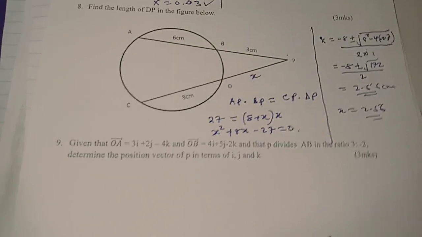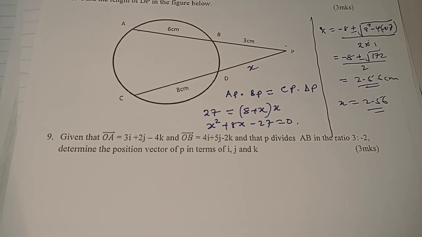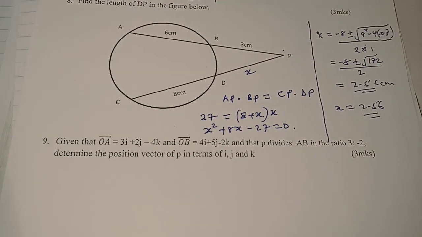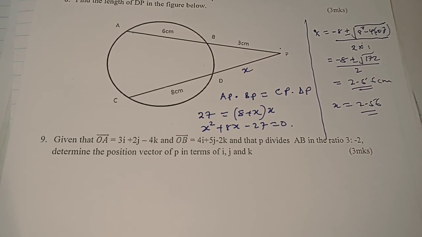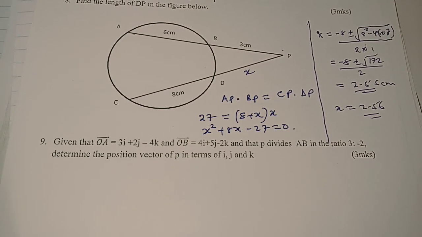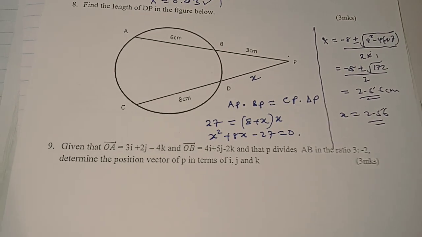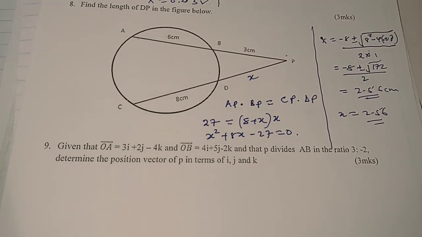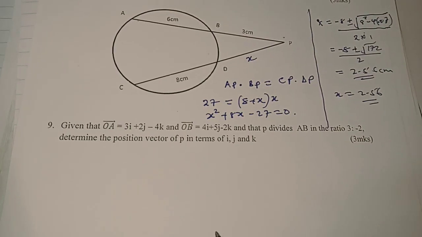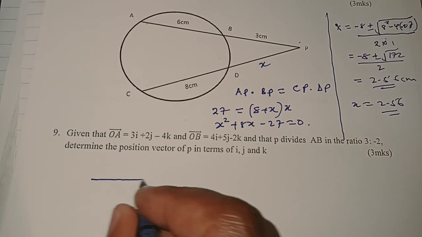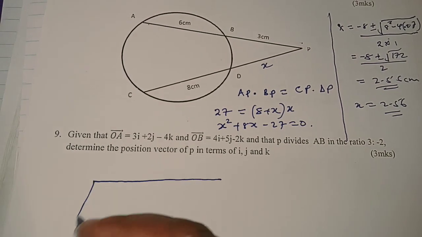Okay, so next question here, given that OA is equal to 3i plus 2j minus 4k, and OB is equal to 4i plus 5j minus 2k, and that P divides AB in the ratio 3 is to negative 2, determine the position vector of P in terms of i, j, and k. Okay, this is an external division of a line, and I'm going to use the ratio theorem, right? Okay, so to make just a simple sketch here,